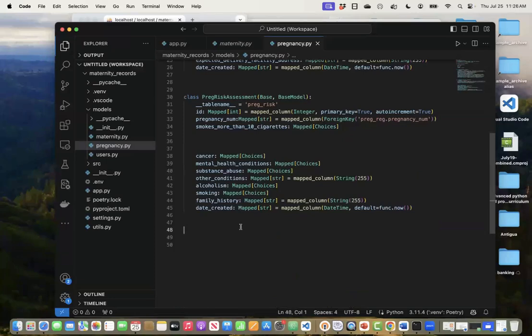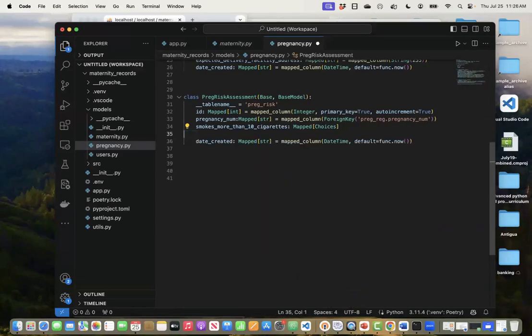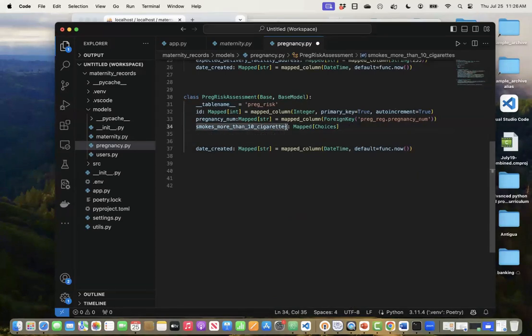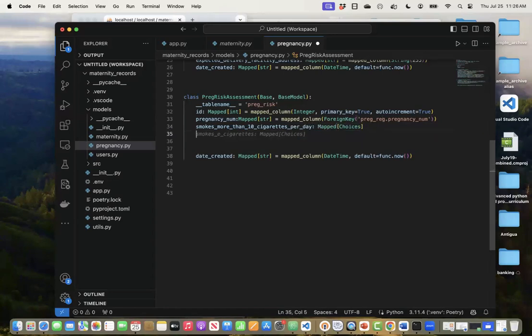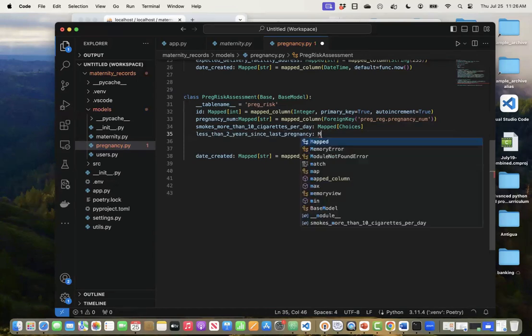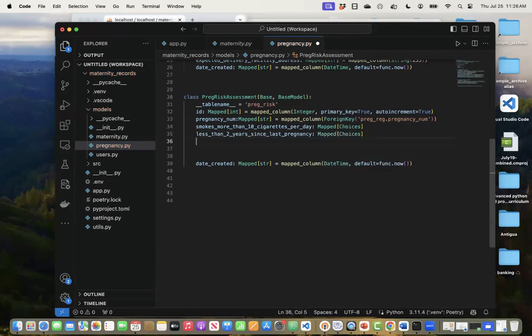Okay, we don't need any of this. I'll just leave the timestamp. So one, we say smokes more than 10 cigarettes. Let's put per day, and it's map choices. We want to put less than 2 years since last pregnancy. And this will also be map choices. Then we have had pregnancy. No, let's have